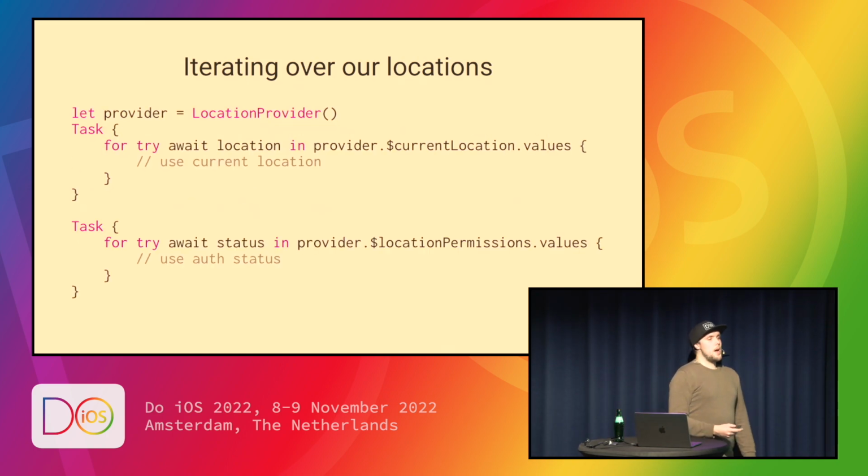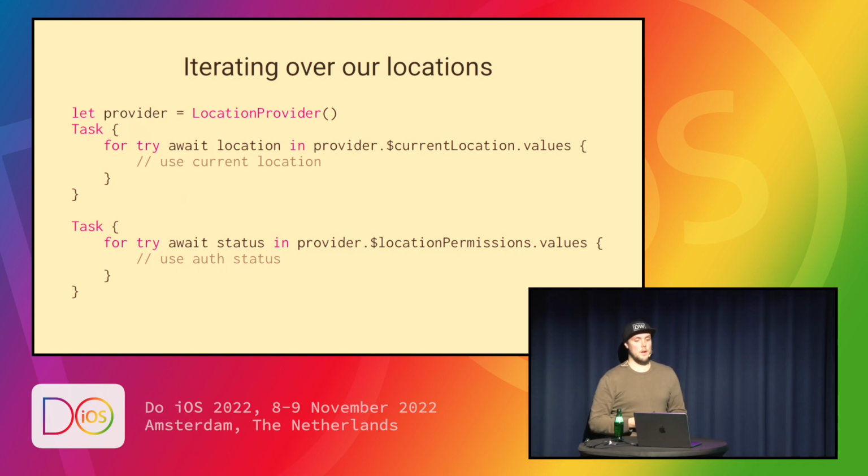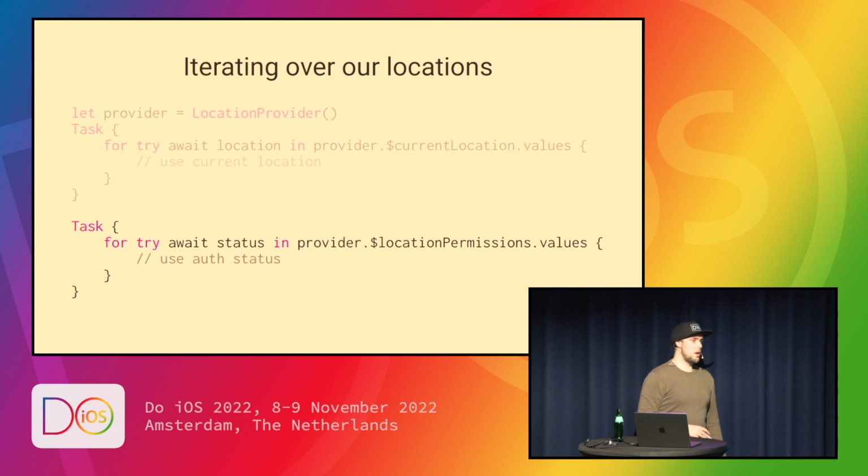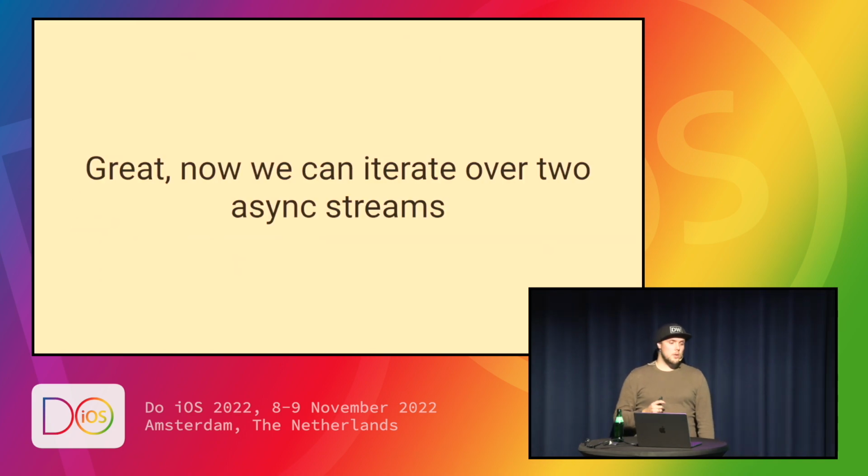What we can do is wrap each of these loops in their own tasks. Because now we create a task, and the task will own the loop. We'll be looping inside of that task, and we can create another task. And these two tasks can now run in parallel, so we're looping over both streams of values at the same time, which is great. So it's great that we can iterate over two asynchronous streams now,